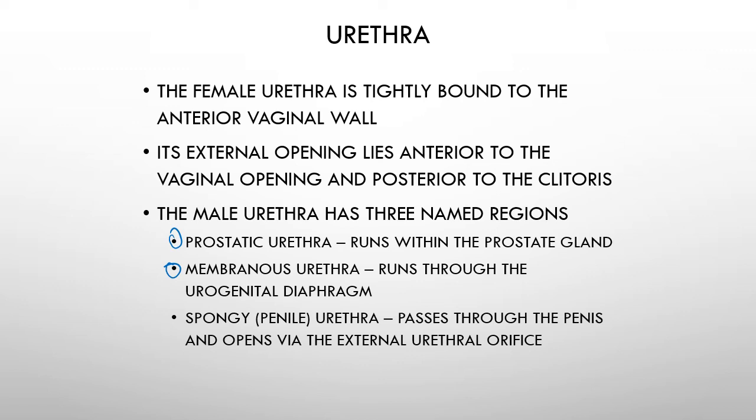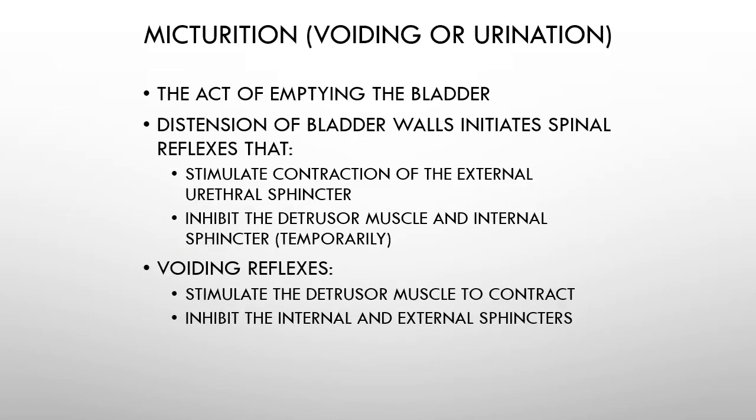And then lastly, the longest section is the spongy urethra. This is going to move through the corpus spongiosum of the penile tissue that's there. And so that length there allows for a decreased susceptibility to urinary tract infections in males compared to females. So micturition or urination is a voluntary process as long as we can control that external sphincter for the muscles